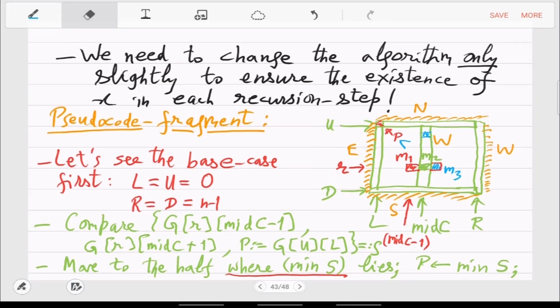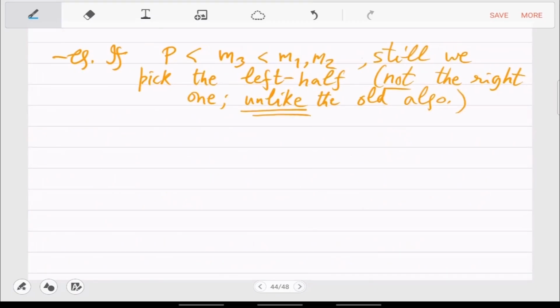Here we had picked least, so this is greater than. Yeah, so P is smaller than M2 and M2 is smaller than every other thing. So in the western boundary, now you have also this property that this particular P is smaller than west, which means that P is smaller than all the four boundaries. So P is smaller than each of the cells in north, east, south, and west.